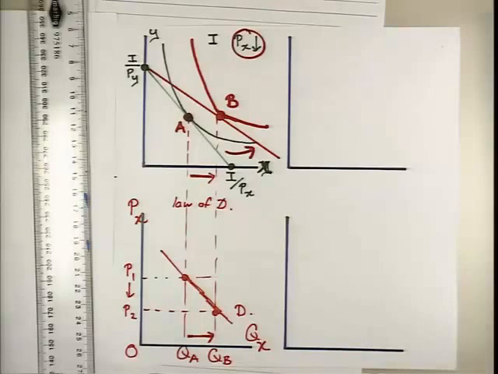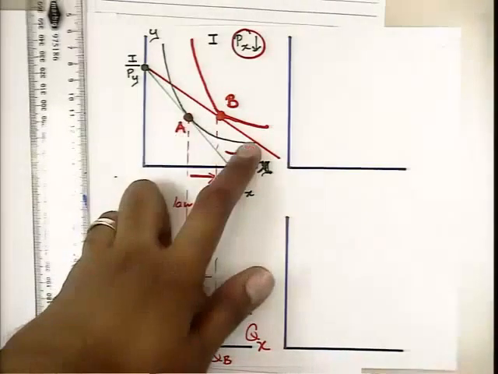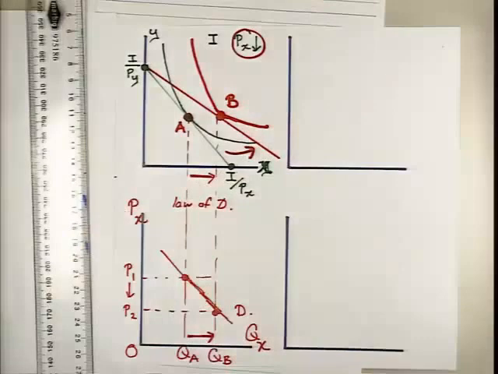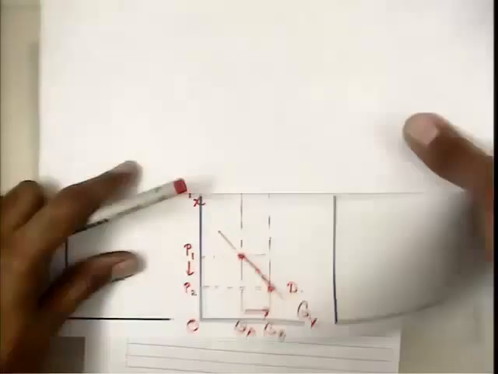So where did the demand curve come from? The indifference curve map and the budget constraints showing all the best affordable points. If there is a price change, the best affordable point will also change. In this case, the price of X decreased, so the quantity of X increased. Now that's for one consumer. If I did it for a few consumers,